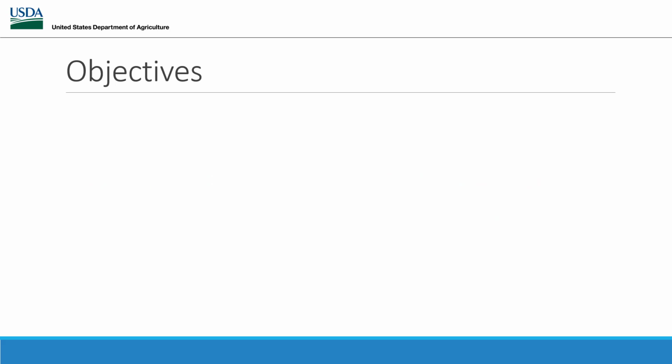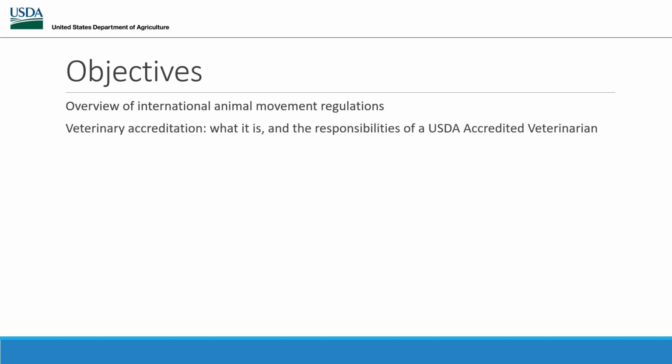In this video, you will learn about the regulations governing the international movement of animals, what accreditation is, and your responsibilities as an accredited veterinarian when certifying animals for international movement, where to obtain the import regulations for the country your patient is traveling to, including the health certificate, what comprises a health certificate, the different types of health certificates,